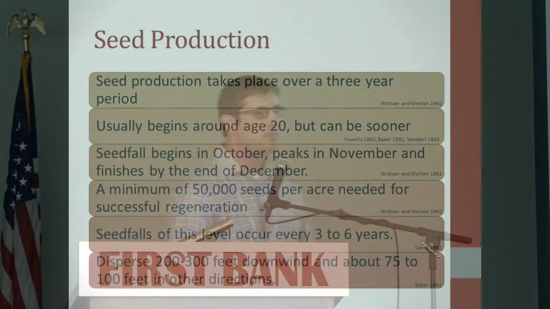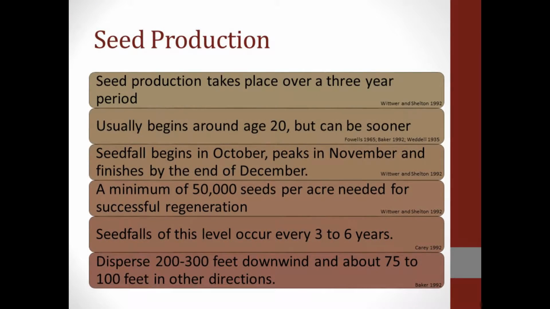Seed production. Seed production for shortleaf pine takes place over about a 3-year period. That means there's about 3 years where something like a hard frost or insect damage or a hailstorm or something like that can knock out your seed source. So it's a tough thing to work with, but it does produce seed. It perpetuated itself on the landscape for a long time, so it is possible to rely